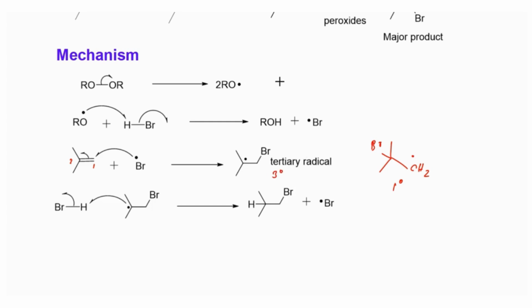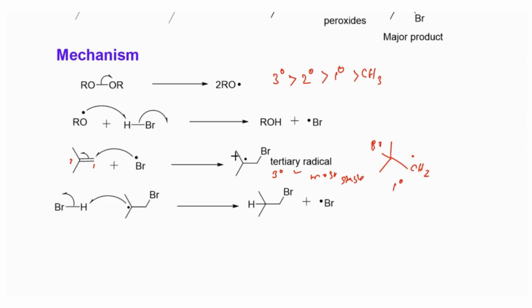We know the stability order of free radicals is similar to what we learned for carbocations. Carbocation stability order and free radical stability order are the same. You see here also the tertiary radical is more stable than the secondary, followed by primary. Now you see, compare it. So this is most stable. So as we know, the most stable intermediate only will give the major product. Okay, so